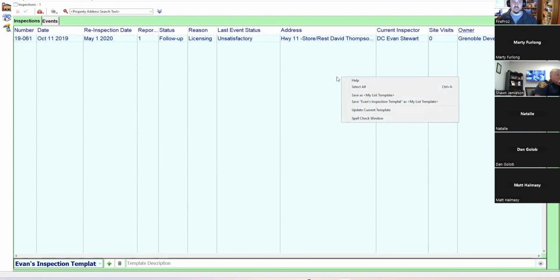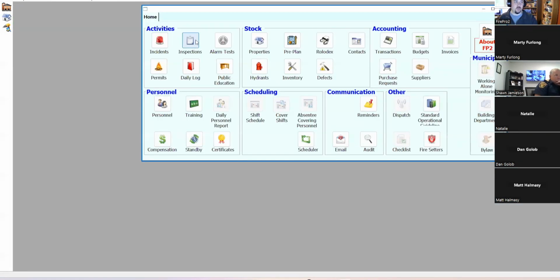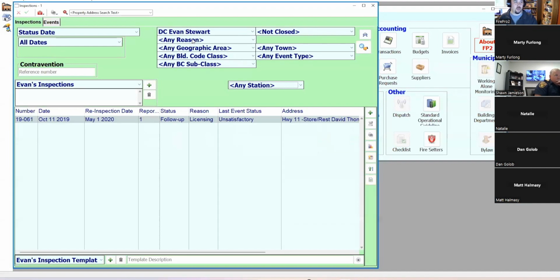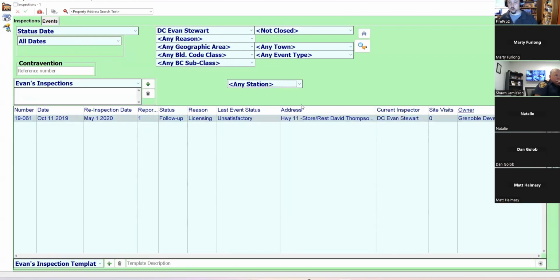But in either event, if you set it as the list template, then what will happen there is that when you go into the inspection list window, now I've got it set up so that as soon as I go into that window, I see inspections, any open inspection that's assigned to me, and I see exactly the layout for those inspections that I want. And again, that can include things like